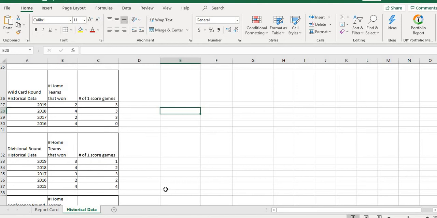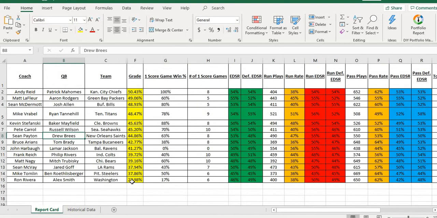Speaking of which, I really want to touch on the Washington and Buccaneers game, as well as some of the handicapping for that game. So I personally create a report card every week of the NFL season, and it really grades out the quarterback and the coach for the team. And honestly, it's going to be more of a coaching grade than a quarterback grade.